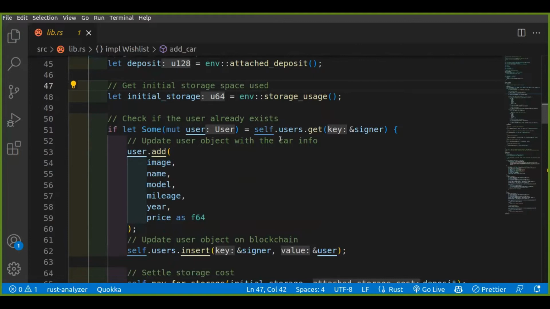Now, guys, I really want you to be keen on this. The very first thing we are doing before adding that kind of information is checking if the user object exists in our users collection. In which case, if they exist, then we will get the user object as captured in line 51. So this user object, then we invoke